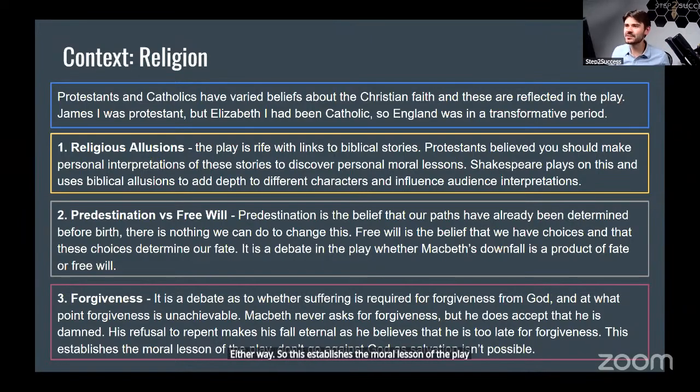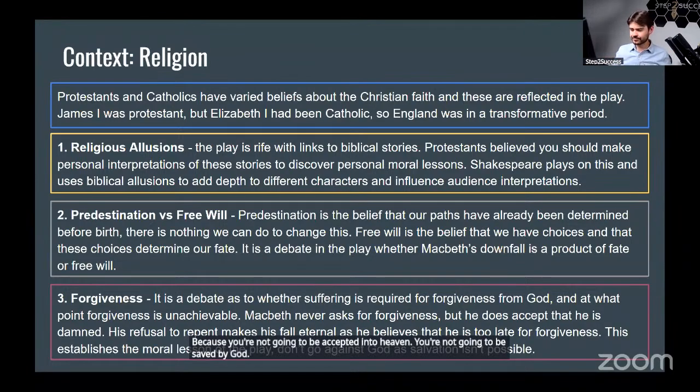Don't do bad things. Don't transcend the great chain of being. Don't go against the divine right of kings, because you're not going to be accepted into heaven. You're not going to be saved by God. Okay,